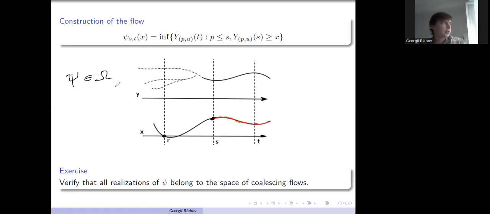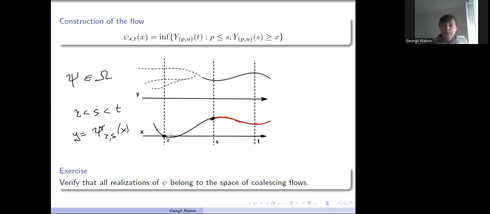The one that we didn't verify is the flow property of psi. However, if we take r less than s less than t, and let's say y is equal to psi rs of x, then